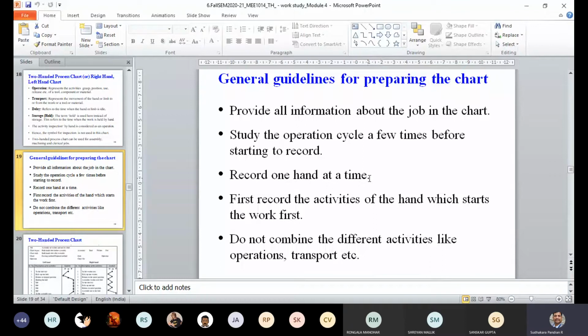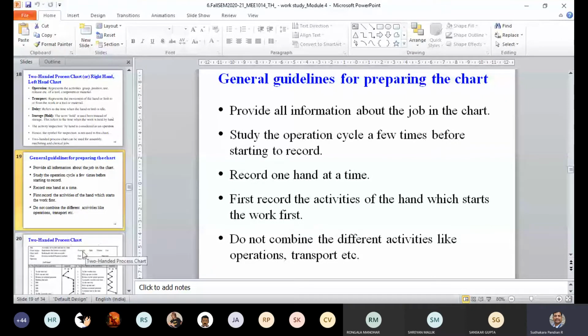So some of the things you should observe very minutely, because you may sometimes forget. Once you finish this operation, you have to recall which hand does this operation, which hand has held the part for some time. Those things are very difficult to recall once it is done. So it is better to list down the activities first, then you can proceed according to your list for both the hands.